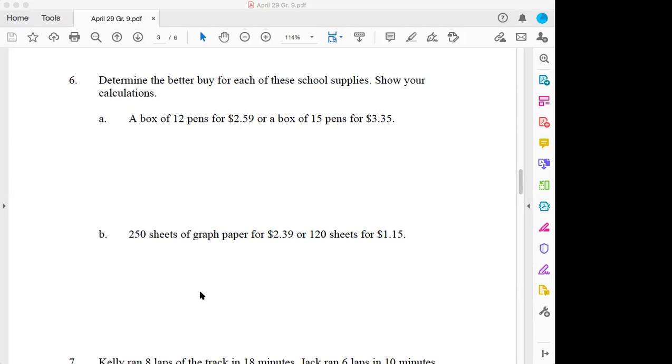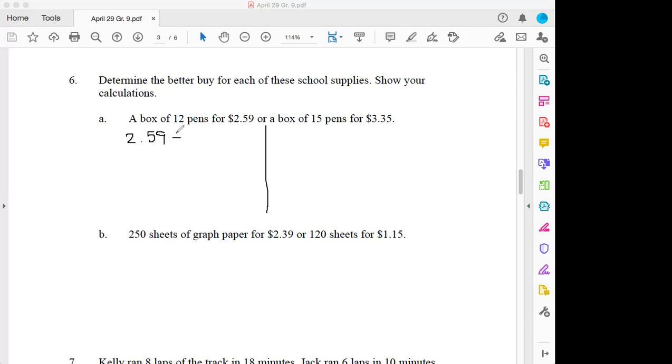So if we look at the first one, you're going to put it in as a ratio, the same way that we had done before, or a fraction. Okay, so we're going to look at our first one. I separate the problem in half, that way I can show my work in both ways. Okay, so if it's $2.59,